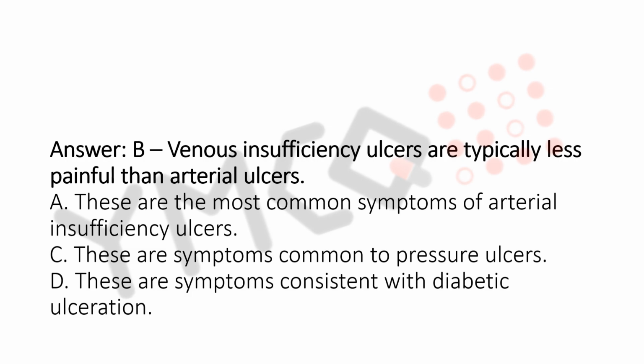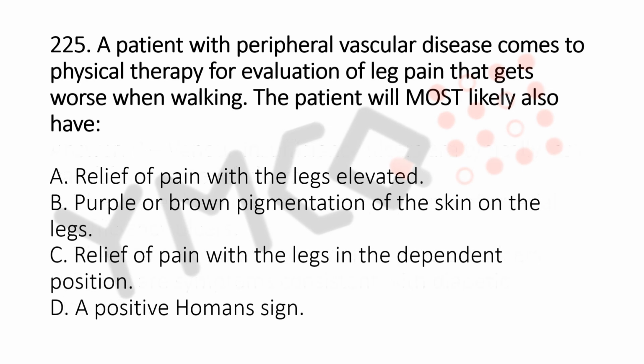Now let's move to question number 225. A patient with peripheral vascular disease comes to physical therapy for evaluation of leg pain that gets worse when walking. The patient will most likely also have option A, relief of pain with the legs elevated. Option B, purple or brown pigmentation of the skin on the legs. Option C, relief of pain with the legs in the dependent position. Option D, a positive Homan's sign, and the answer is